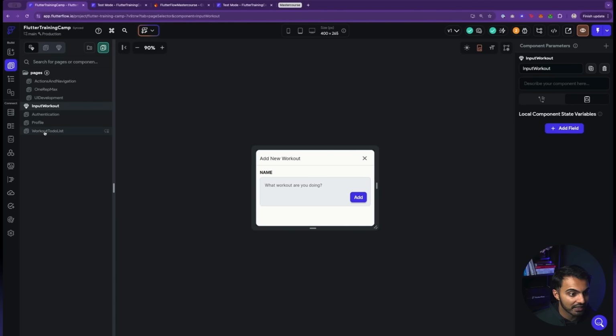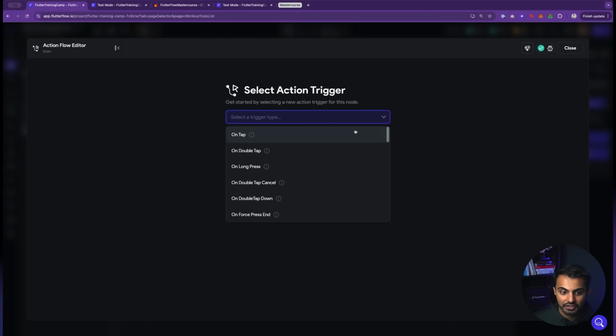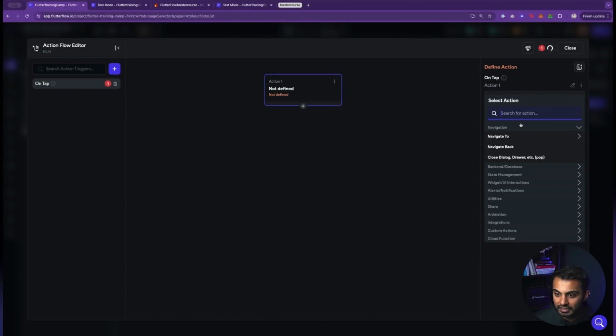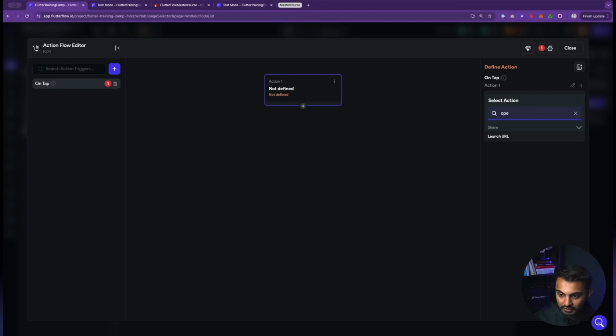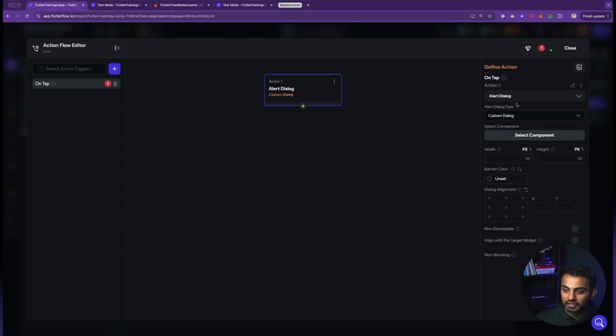Well, let's go back to Workout To-Do List, click on the plus icon, open the action flow editor. On tap, we add an action, and here we're going to say alerts notifications, and we're going to say alert dialog, custom dialog, and here you get to select the component of your custom dialog.